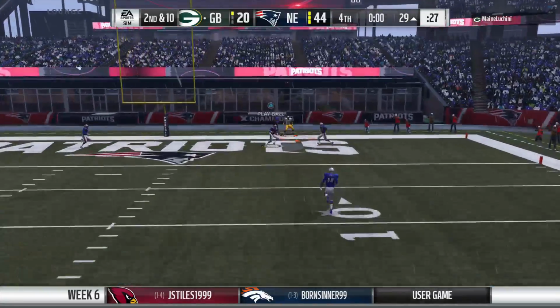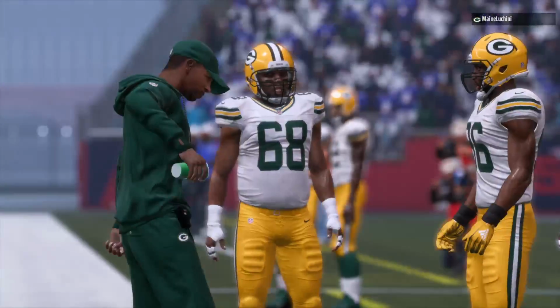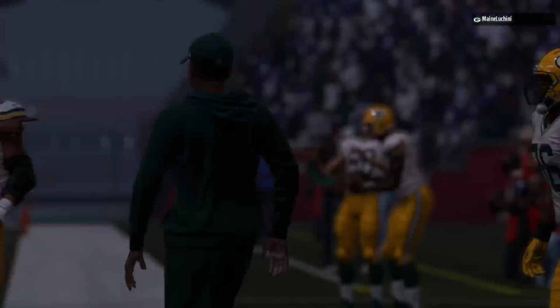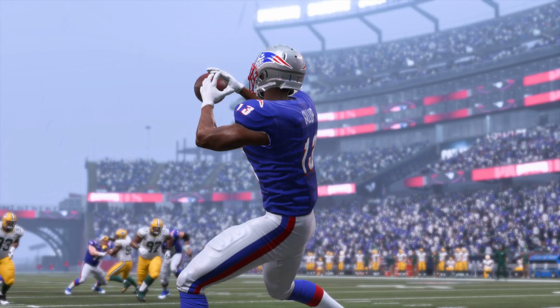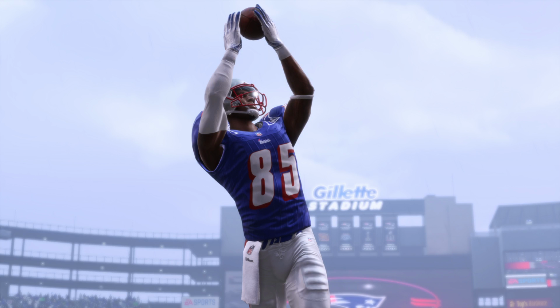He's going to let it fly. And that will be incomplete. They were going for a consolation TD, but it was not to be. And time has run out now on this game. Well, Charles, the forecast called for rain throughout the entire game, and we got rain throughout the entire